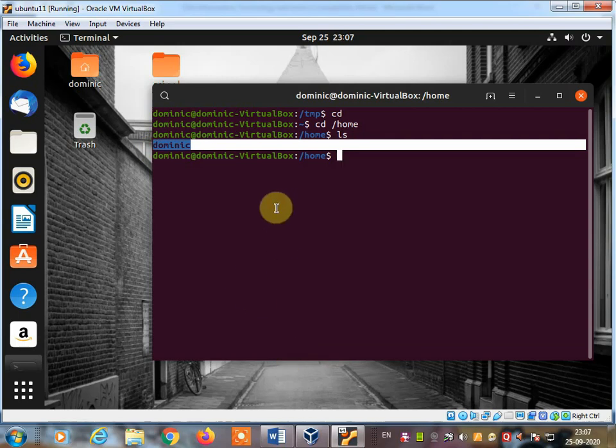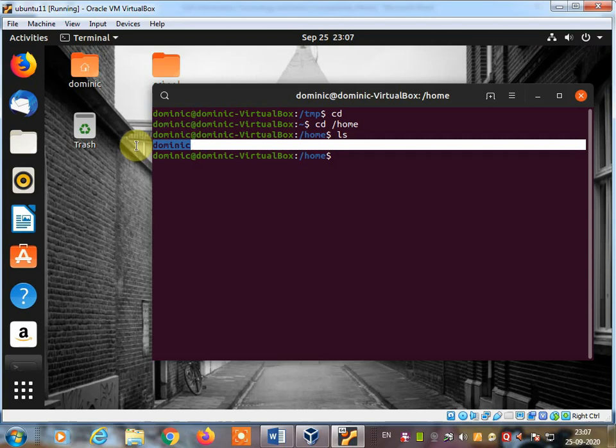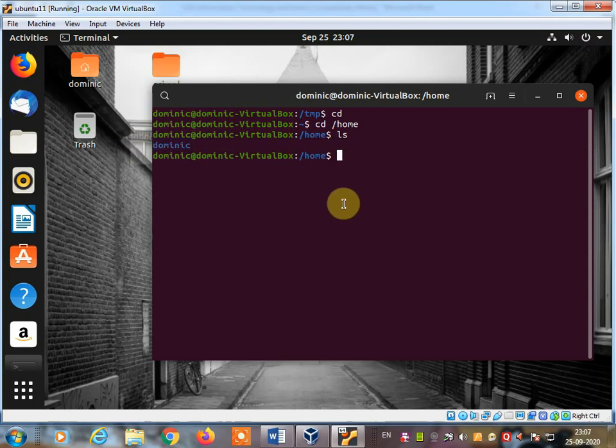The person who created his account on the Ubuntu operating system, that username will be displayed. So these are the different root directories. All files and directories are stored under this directory, including all hard drives, pen drives, C drive, etc.